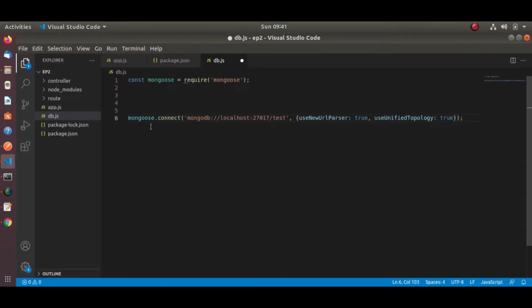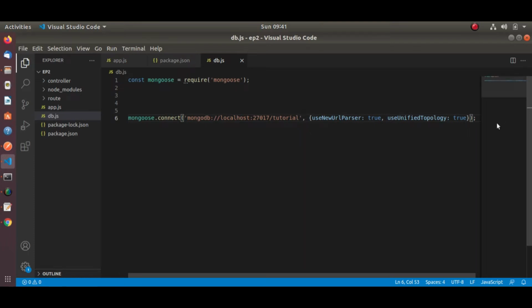Here, in mongoose.connect, the first argument you have to give is the connection string or connection URL. As we are using our localhost MongoDB, and this is my database name, tutorial, I have given it.